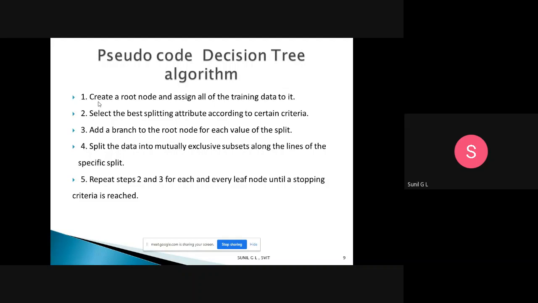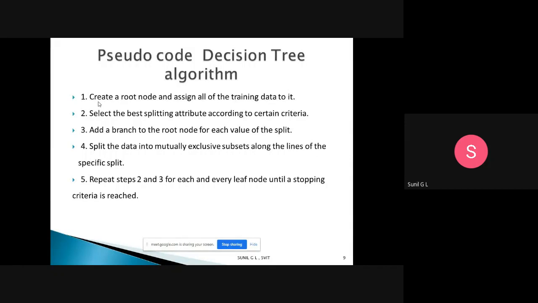Next, select the best splitting attribute according to certain criteria. So you selected the root. After that, you need to construct the branches, and for that you need the next attribute. How do you select that attribute? Based on certain criteria. In machine learning you may have taken the information gain concept.